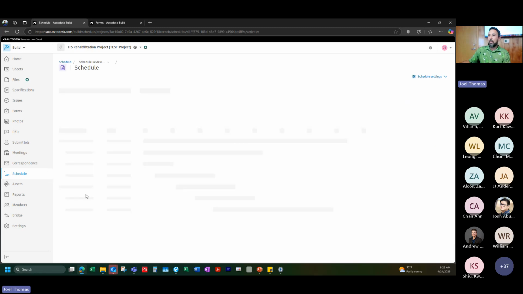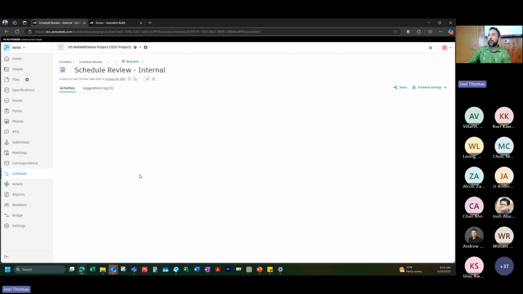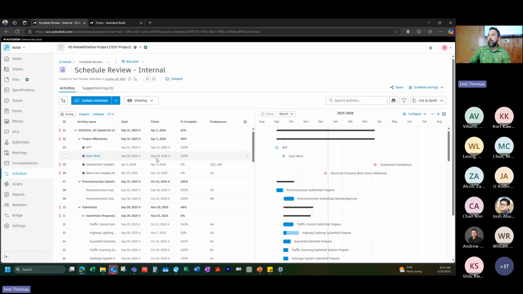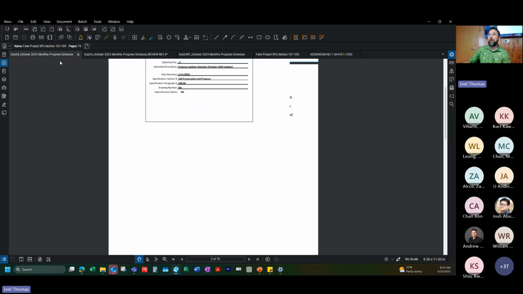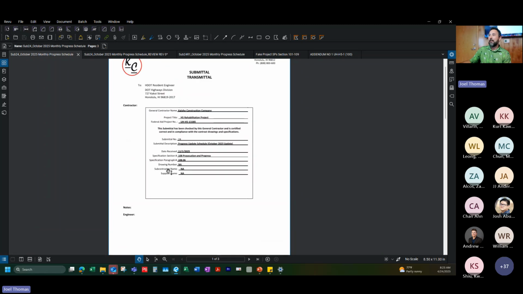This is my October update. I'm going to open that up. And so when I log in, this is showing me the latest updated schedule that I just got as my submittal. And I have that ready to go. I'm going to open up the PDF as well. This is kind of a multi-step process, but I just want to make sure I have all my ducks in a row before I start the review of this